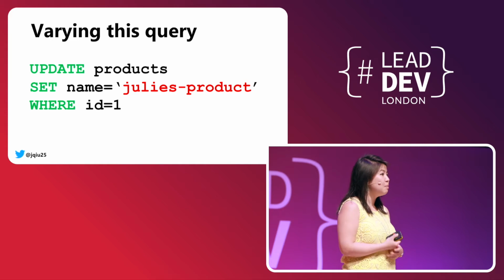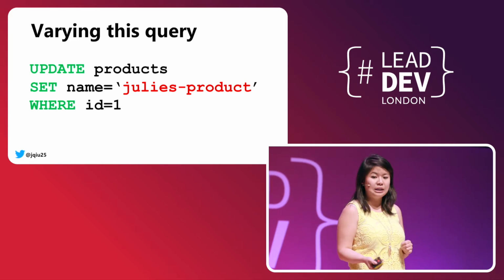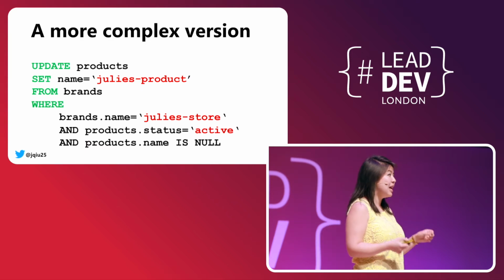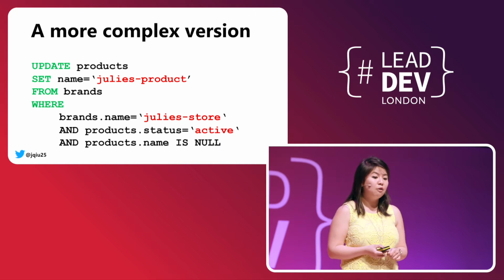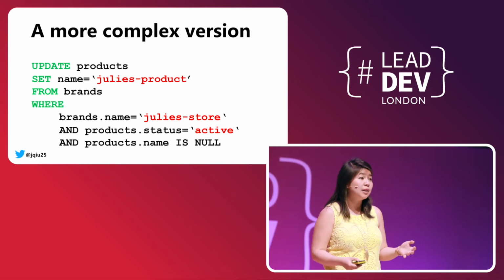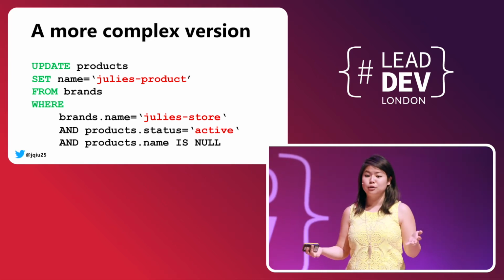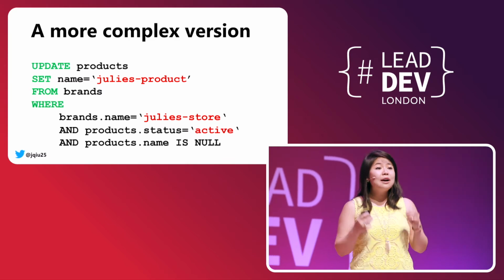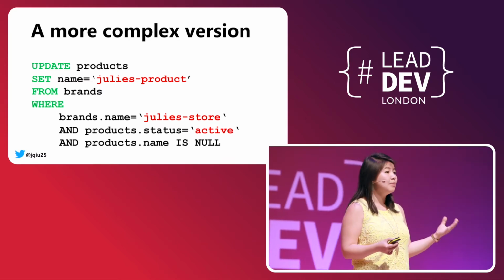What if that Friday, the marketing team hadn't asked me to update just this one product? What if instead they said, hey, Julie, there's a store on the Spring platform. It's called Julie's Store, and inside that store, there's a bunch of active products that don't currently have a name. Can you update all of those products to be named Julie's product? We can now see how these queries can become complex really quickly, and we want something a little bit better